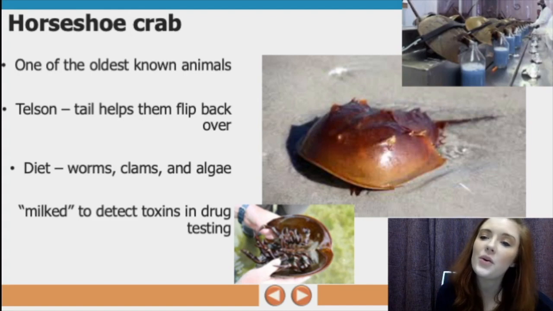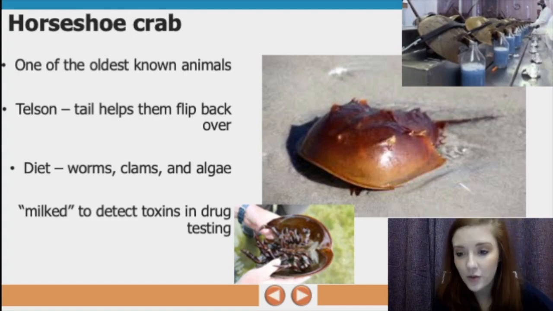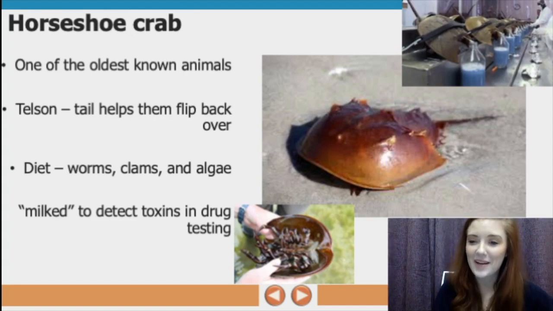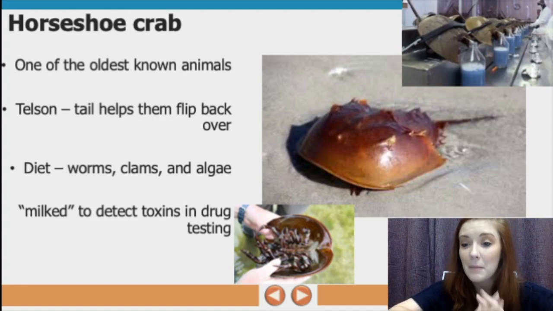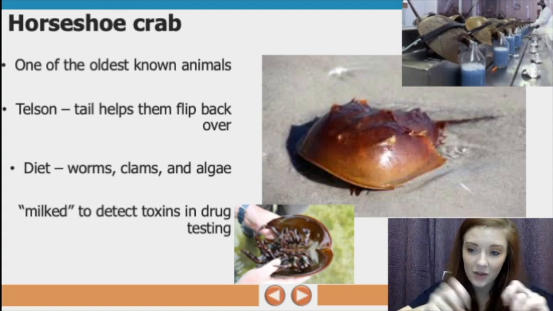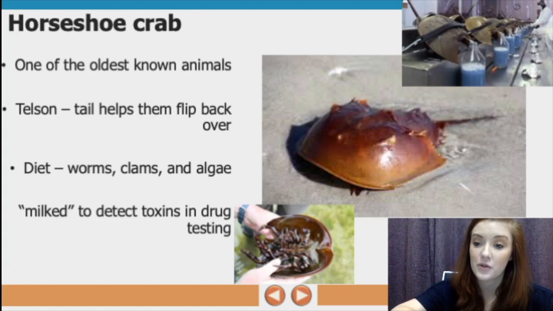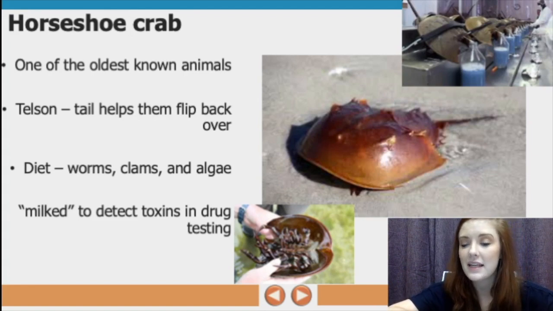But what's really cool is if you look in the top right-hand corner, we actually milk horseshoe crabs. So bear with me. I know that sounds very strange, but when I say milk, I don't mean we're actually getting milk from them. It's called milking horseshoe crabs, but we're actually getting some of their blood. So Brian actually worked for a company called Charles Rivers Laboratories. And what they did is